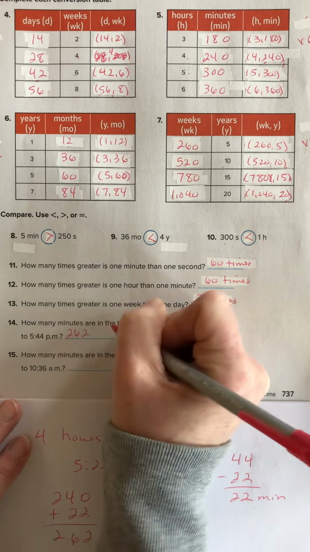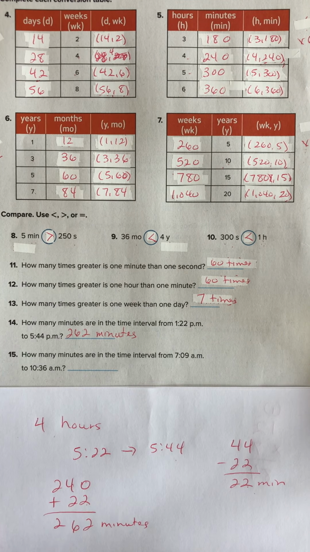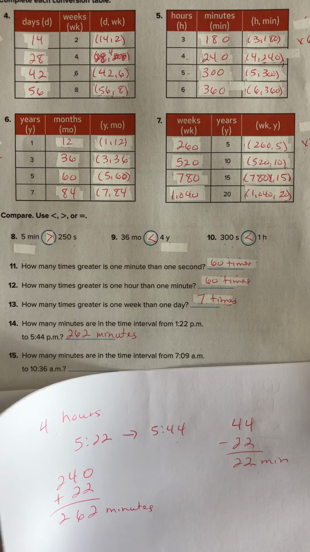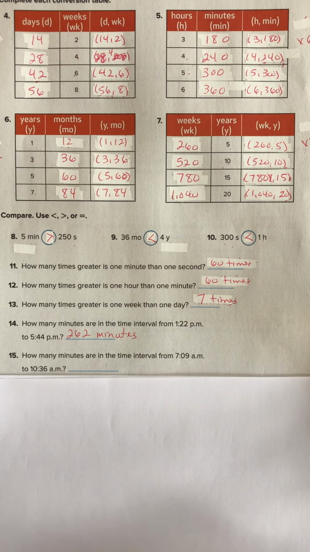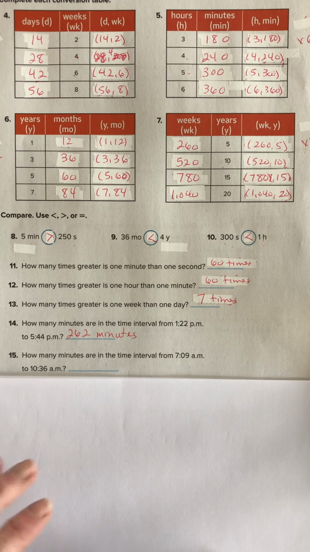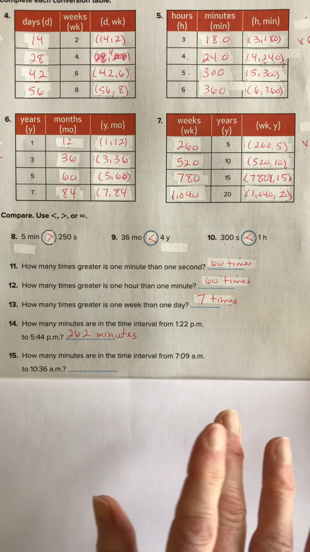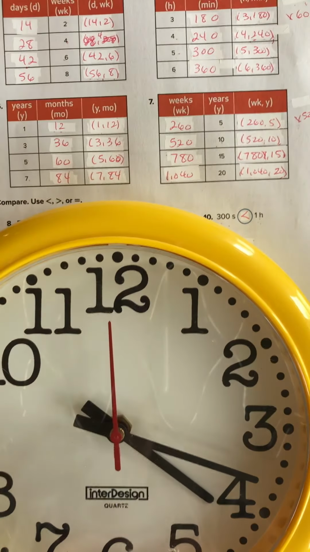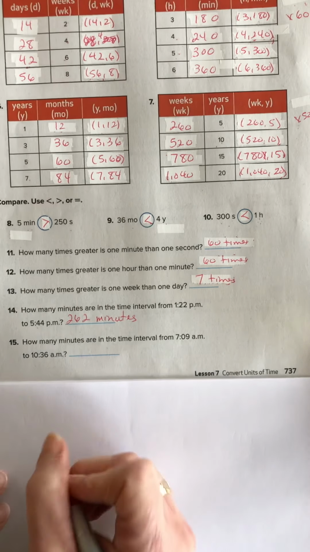Okay, those are tricky. All right, so let's try another one. How many minutes are in the time interval from 7:09 to 10 a.m.? Sorry, pay attention to that. 7:09 a.m. to 10:36 a.m. Okay, so counting your fingers. Okay, so we have 7:09, 8:09, 9:09, 10:09. 3 hours, right? Look at a clock. Okay, 7:09, right, to 10:09. 1, 2, 3. So the difference in hours is going to be 3 hours